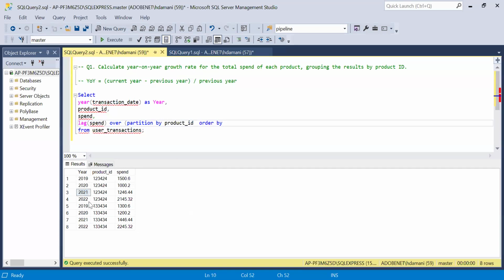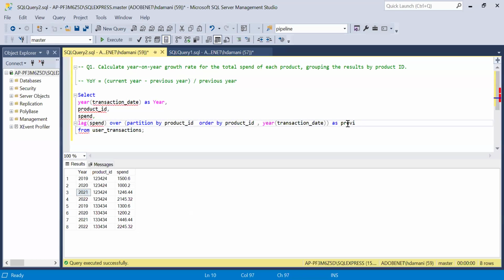That's how I will be able to calculate year over year. So I'm using ORDER BY product ID and then year. Over here, I have created year using this particular function, so I have to use it as is: year of transaction date. And I'm giving it an alias